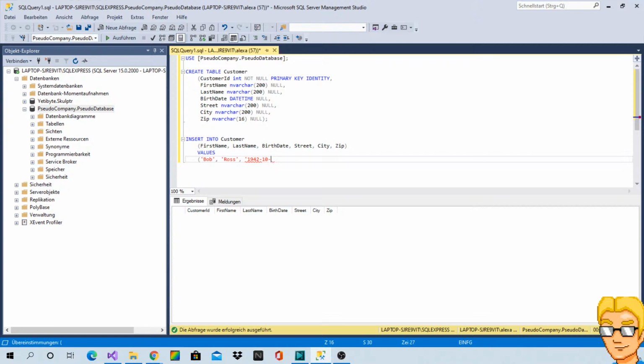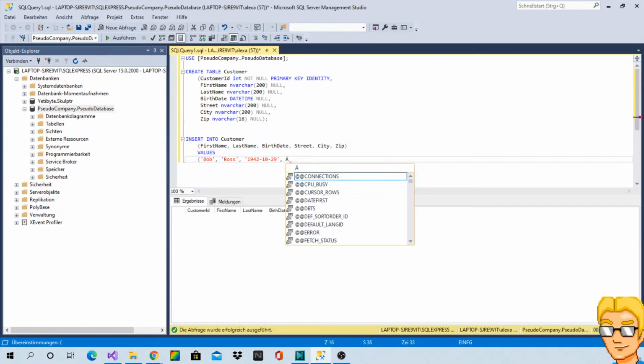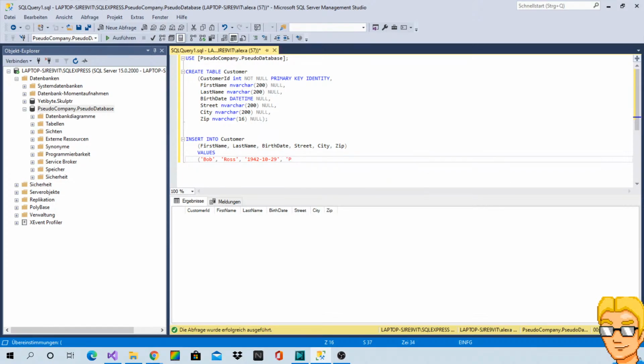And then October 29th. Gordon Ramsay, Steve Irwin. Done. Paint Street 47, Paintington, 1, 2, 3, 4, 5. And some more values. Gordon.